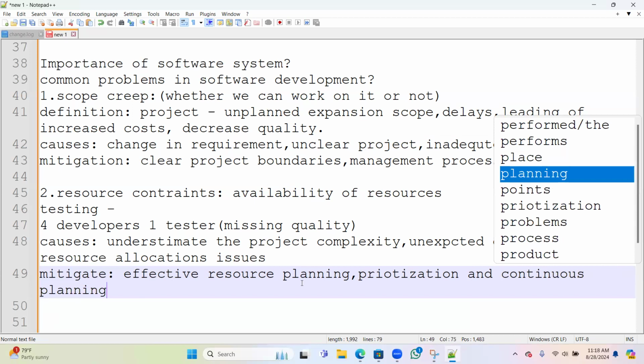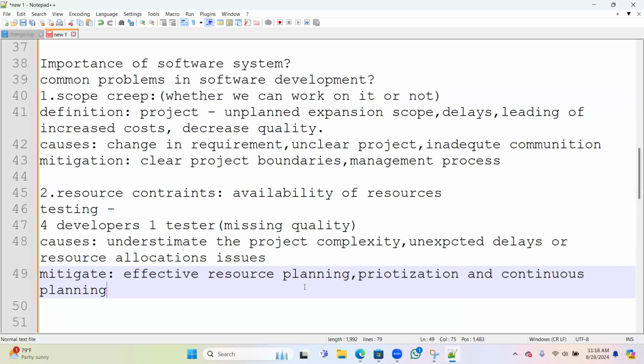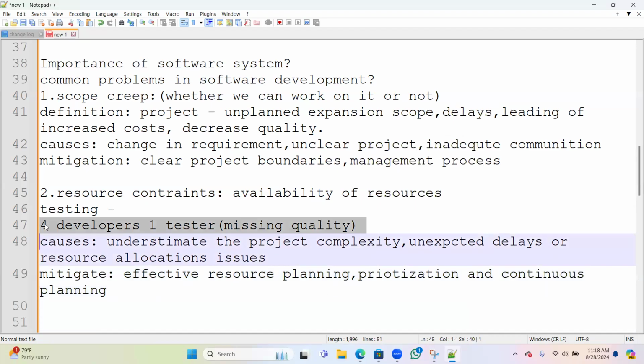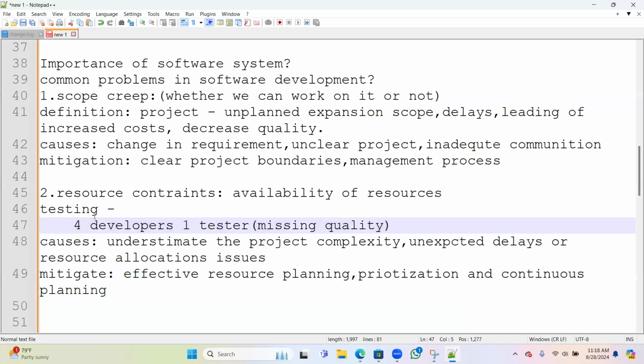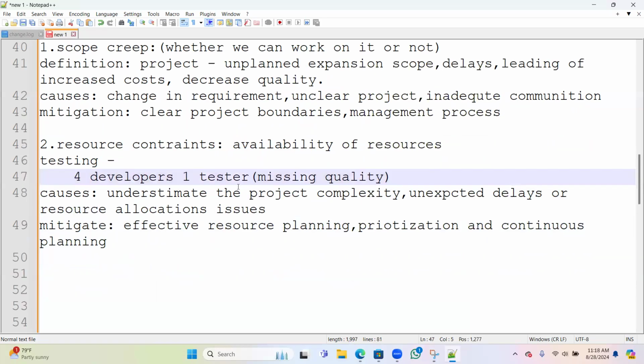Once you plan, you should not leave it at that step only. You should keep following up on the planning, take feedback, and take the latest updates from the project. Then only can we work efficiently.